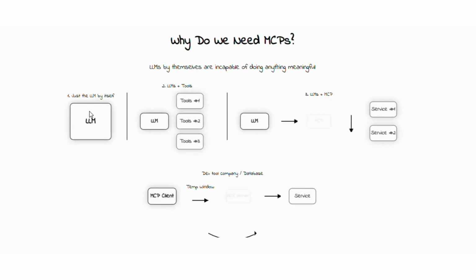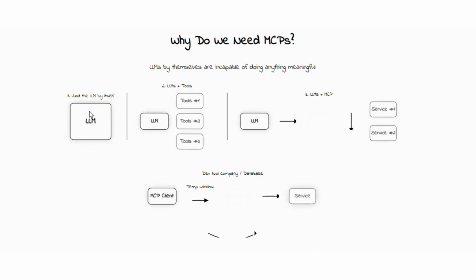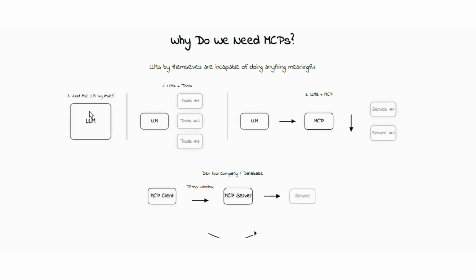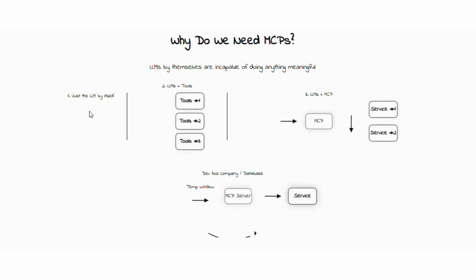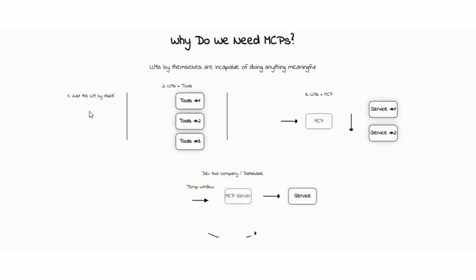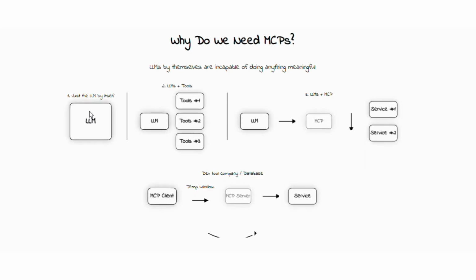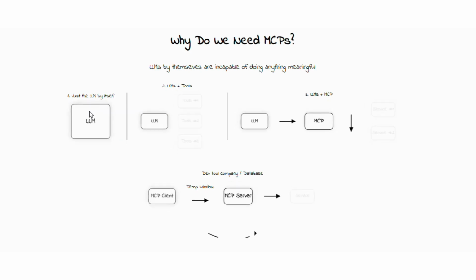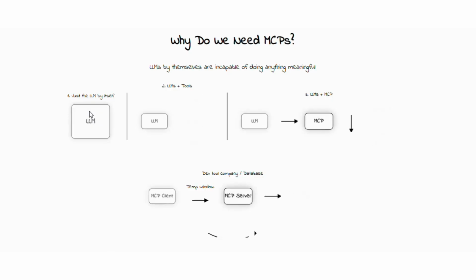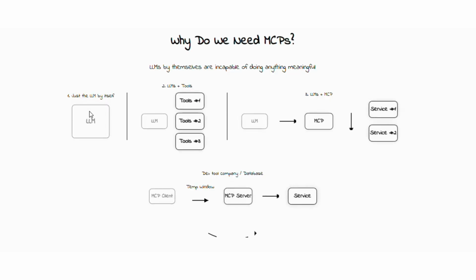LLMs like ChatGPT, Claude, or Gemini are non-functional, or what you also call dumb, on their own. Seriously. All they can do is predict the next word. Ask one to send an email, it will say, I cannot do that. Ask it to check your calendar, update a spreadsheet, or search your GitHub repo. Nope, can't do that. They are like brilliant writers trapped in a room with no doors.